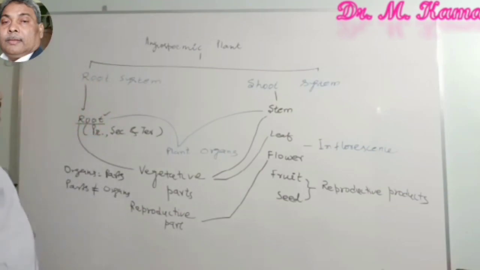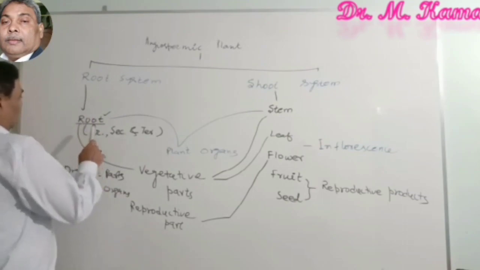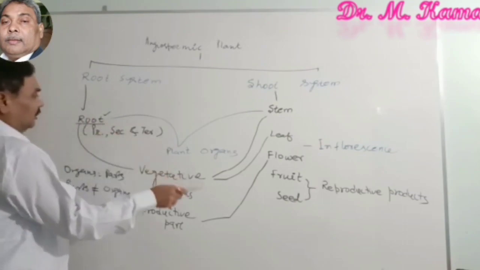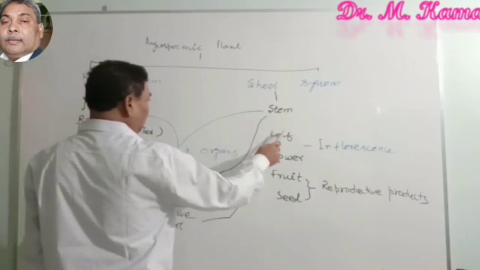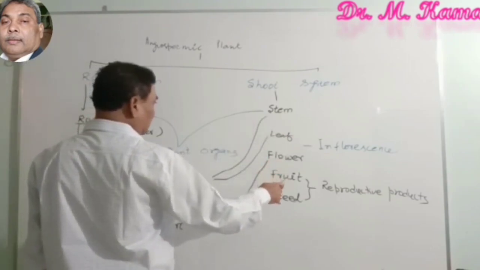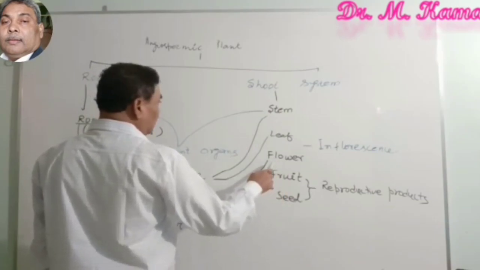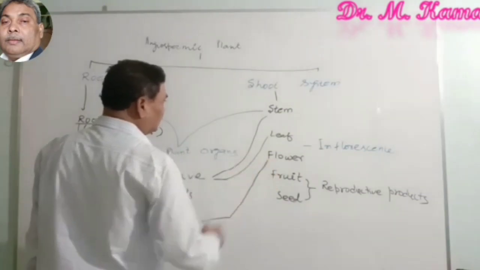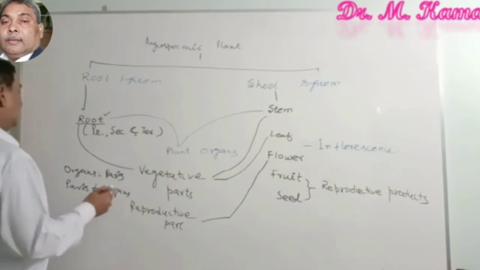So in morphology of flowering plants, we have to go through right from root to seed via stem, leaf, flower and fruit. But before going to discuss flower, we have to see the arrangement of flowers, that is the inflorescence. In our next class, I shall discuss